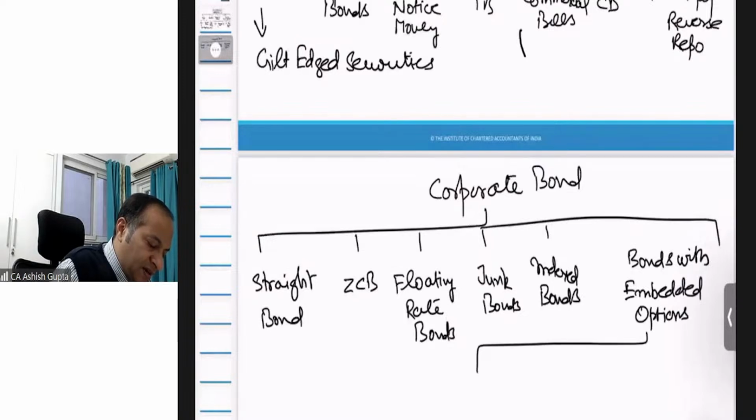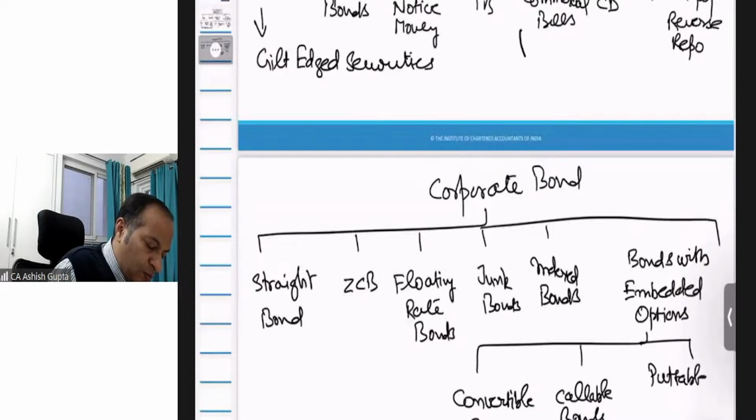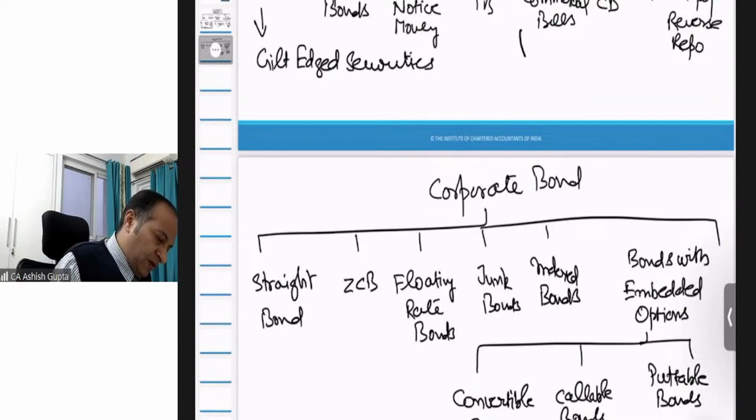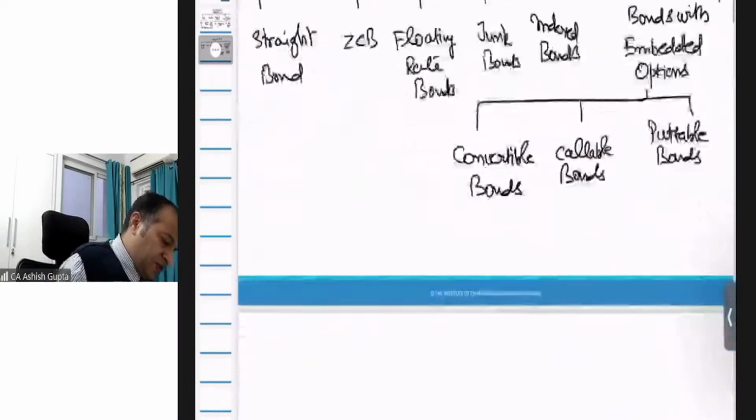Okay. Under this category, there can be three types of bonds. One is convertible bonds. Another is callable bonds. Then another is putable bonds. Okay, students, so these are the various kinds of bonds that we will discuss now. First of all, when we talk about state bond,